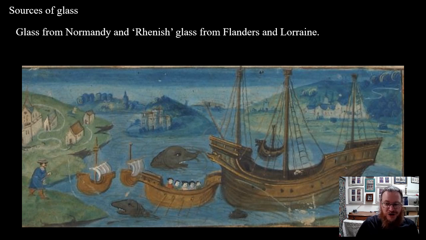So there were all these ships going across the Channel from the near continent up the east coast to York and other places, filled with quantities of coloured glass. When the York glazier John Petty died in 1508, through that trade he had both Normandy and Rhenish glass in stock